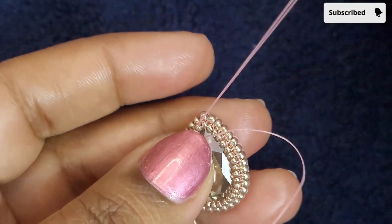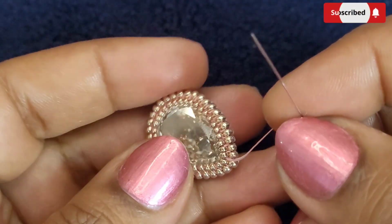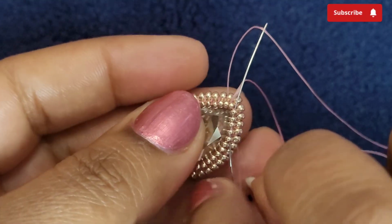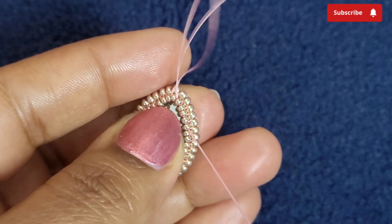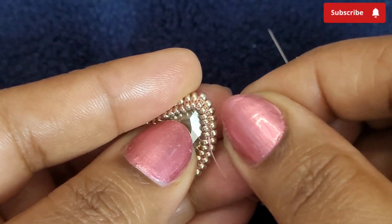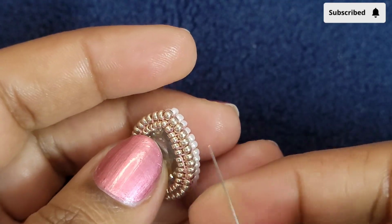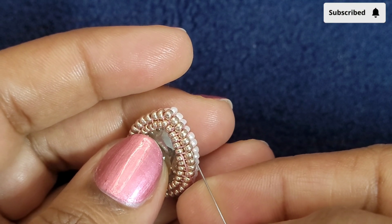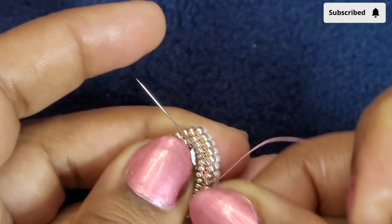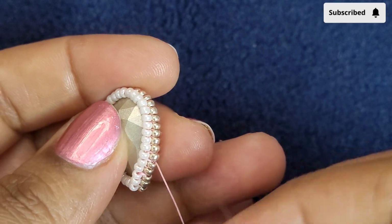And into these 15 rows. But here again we are going to skip the 15 row on the top. Just skip the top one and into the next 4 or 5 15 rows. Bring the thread in front, and here we go. So you can see the look. And now as I'm exiting through this 15 row, up into the adjacent 11 row,